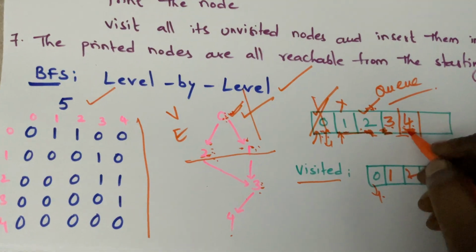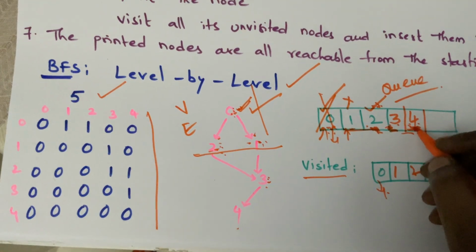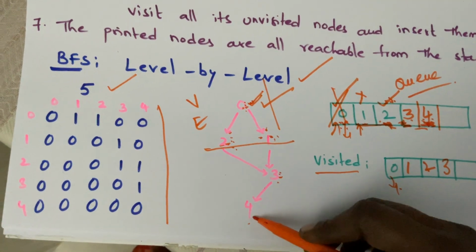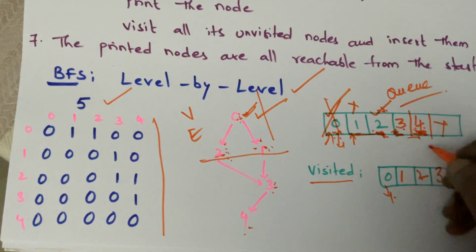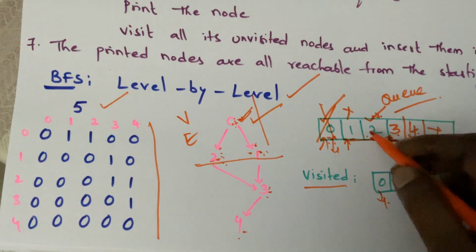And 4, do you have any exploration of 4? Did you find any connections to 4? No, it is the last one. So no exploration will be done for 4 and 4 will be placed here. Once queue is